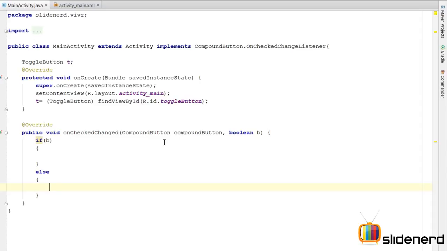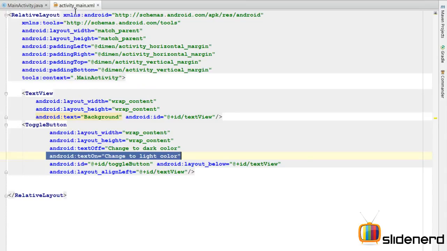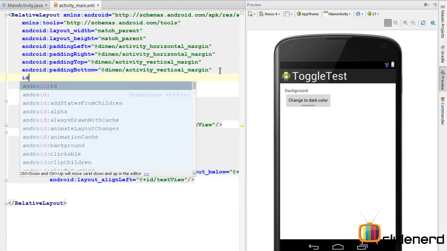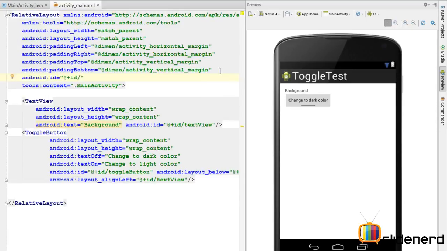So next step, now what am I gonna do is very simple. I'm gonna change the background color of the relative layout when the button is set or unset, right? For that, I need a reference to the relative layout. Now the first step for getting a reference is to give this relative layout an ID. I'm gonna say android:id